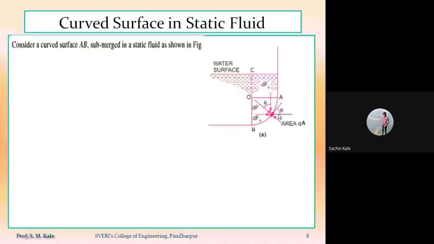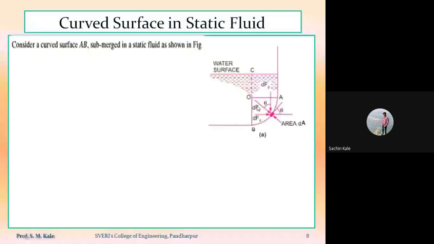That means if I take the tangent to that area dA, then that tangent line makes an angle theta. On this area dA, we know that pressure force will be acting. If I assume dF is the pressure force acting on the small area dA,